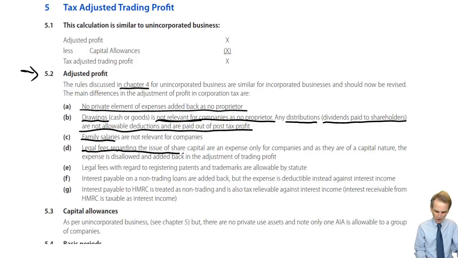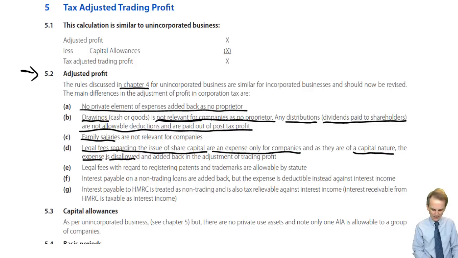Legal fees regarding the issue of share capital. Actually, companies that have share capital, not unincorporated traders. So any legal fees or other expenses that attach to that, they're an expense only for companies. Now that's of a capital nature, and therefore the expense is disallowed. Legal fees in raising that share capital are disallowed and added back in the adjustment